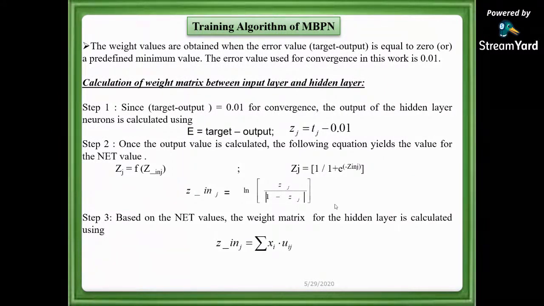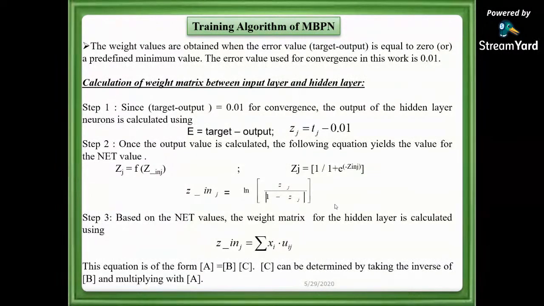Now I am coming from the back side, and if I know Zin_j and xi, I am going to find u with a simple process. Right? This is possible only if I'm able to calculate my error value in the hidden layer. That's why I have given the target also to my hidden layer. If I have my target in the hidden layer, that error calculation is possible, the Zj output is possible, the Zj net value is possible. From the net, my weight matrix can be estimated.